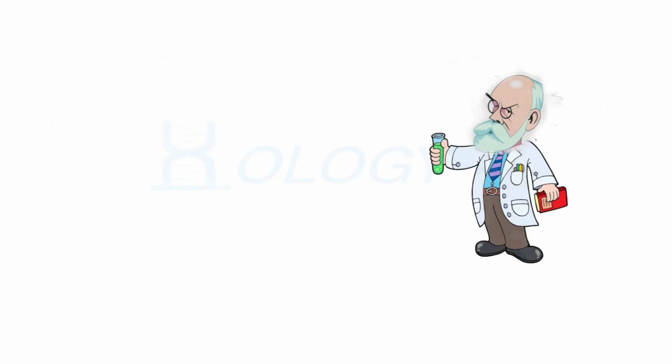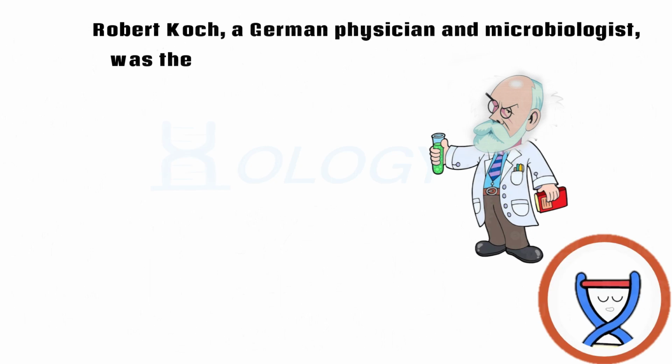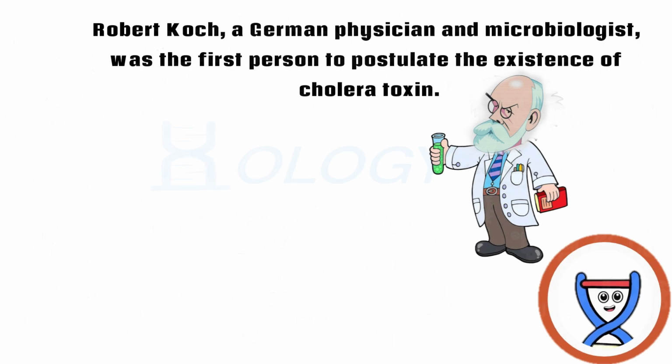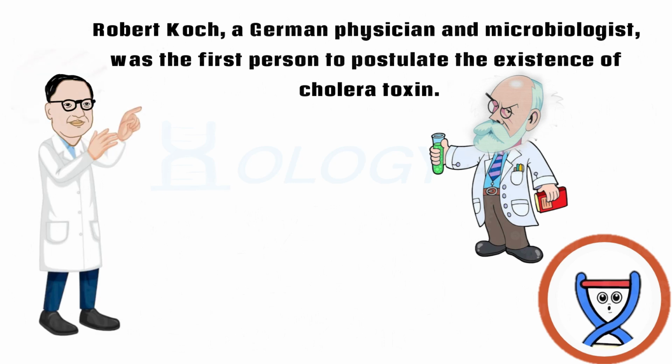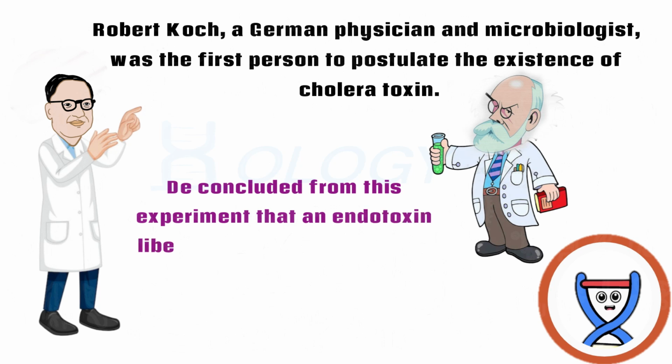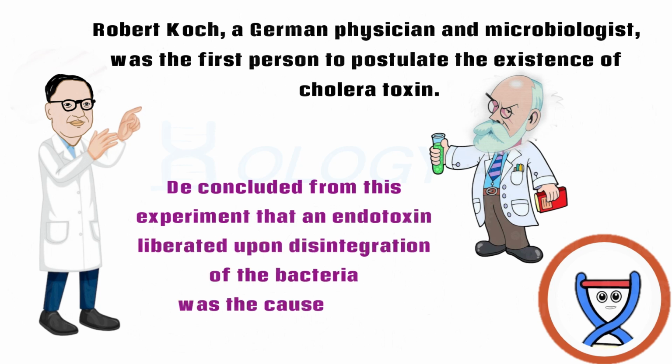Robert Koch, a German physician and microbiologist, was the first person to postulate the existence of cholera toxin. In 1886, Koch proposed that Vibrio cholerae secreted a substance which caused the symptoms of cholera. Koch's postulation was proven correct by an Indian microbiologist, who concluded from this experiment that an endotoxin liberated upon disintegration of the bacteria was the cause of the symptoms of